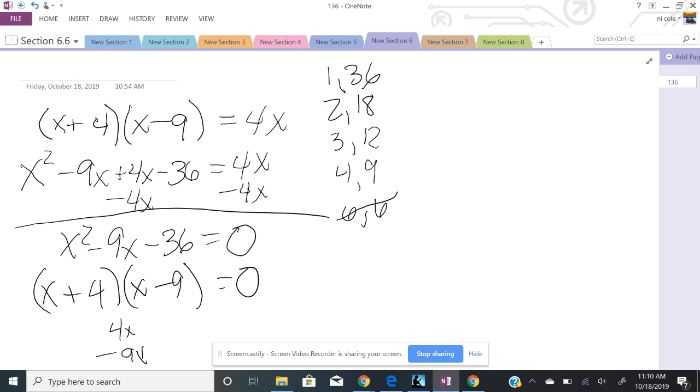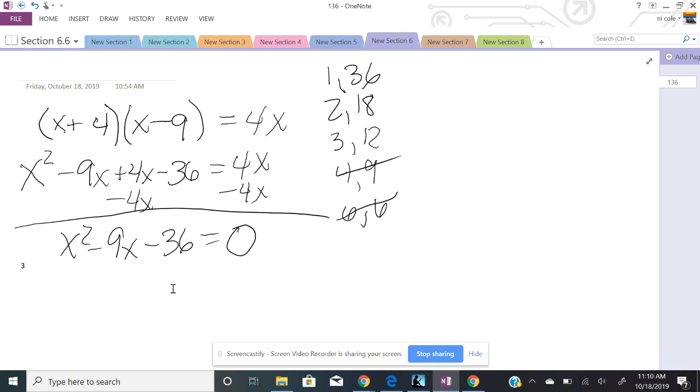If I do my insides outsides, that gives me negative 5, which won't work. So let's try 3 and 12. Oops, Control Z. All right, and I'll finish